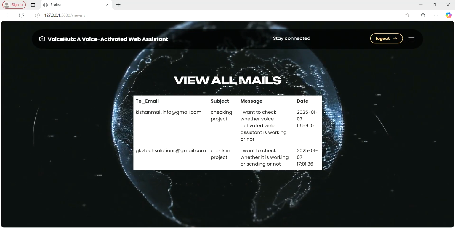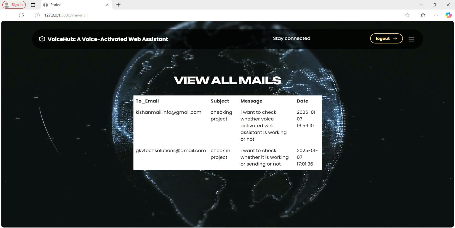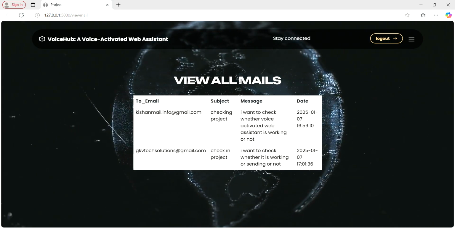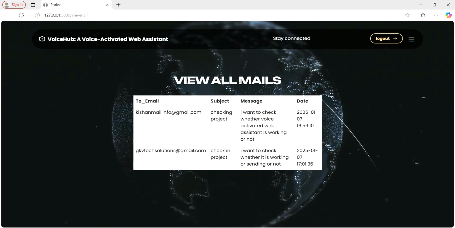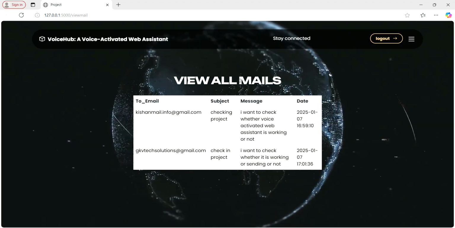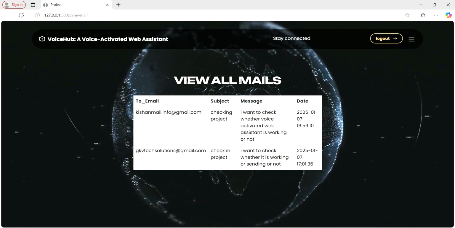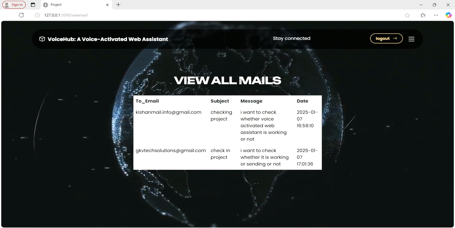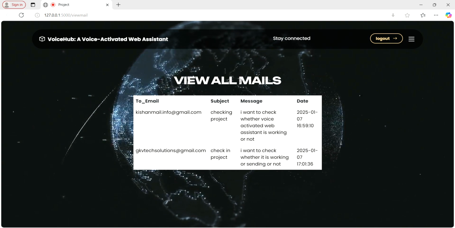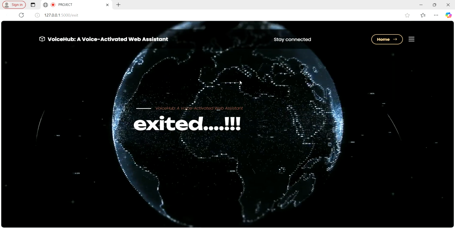You have 5 seconds time to view all mail. Would you like to go back to user home page, say back, or want to exit from project, say exit. Exit. Exited from project.